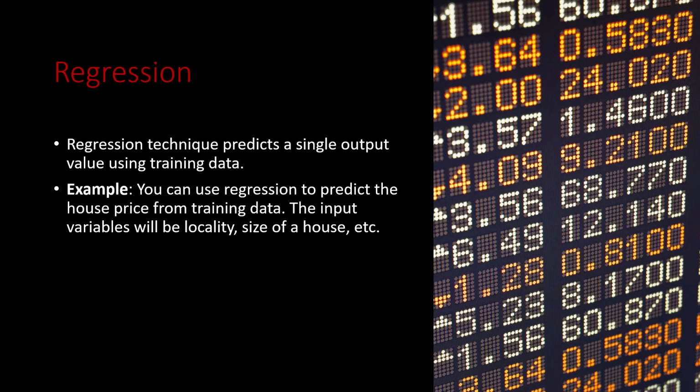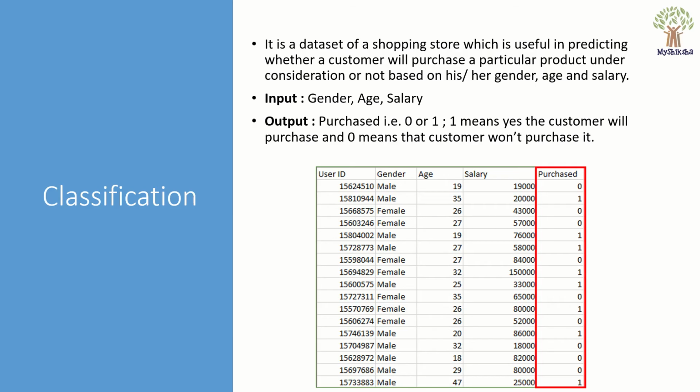So what you're trying to do is, from this training data set, understand that when a new customer comes in who belongs to a particular age, particular salary segment, and particular gender, you will be able to identify whether he will purchase or not because of the past data set. So this is something you cannot ignore. So this is called the classification technique.